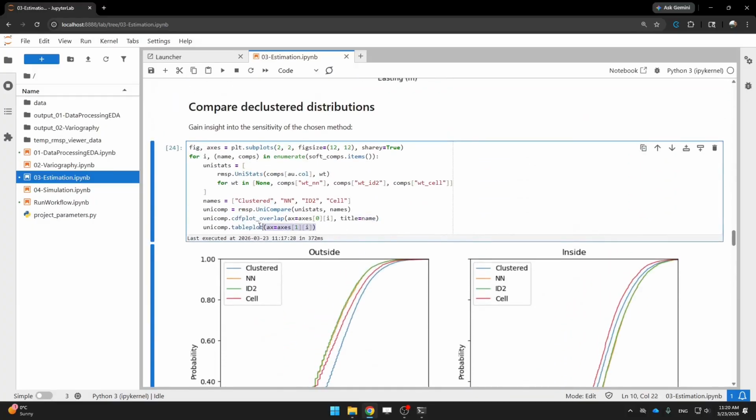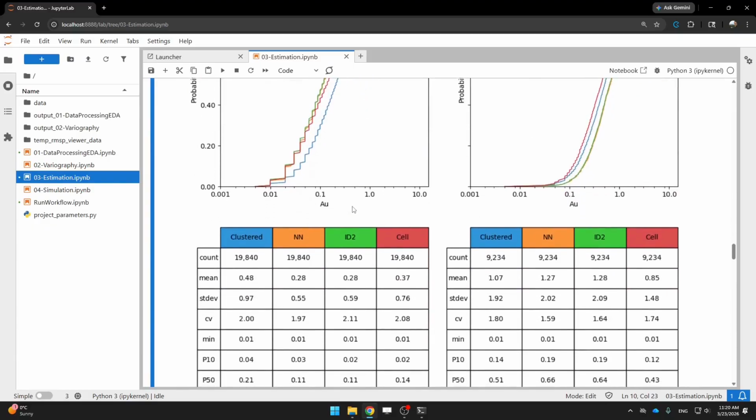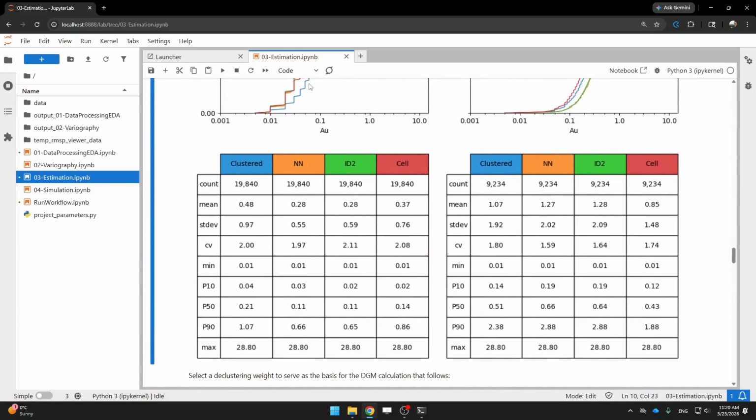On the last line of the cell, we are also adding table plots to the axis. So these table plots, they will match the CDFs above, just providing the summary statistics. So we can see how the average is changing depending on the technique that we use. The average is the same for the outside domain when we compare nearest neighbor and inverse distance, but it's quite